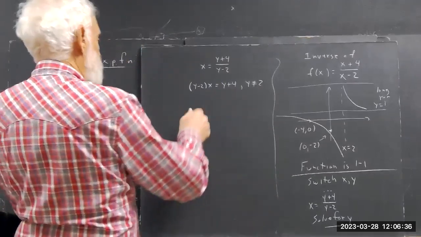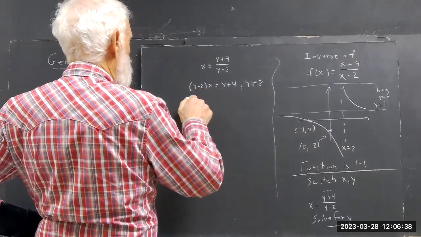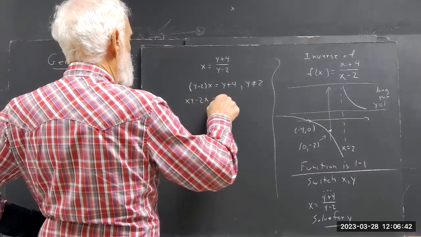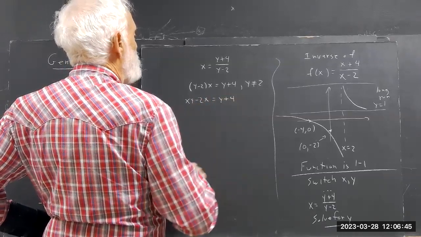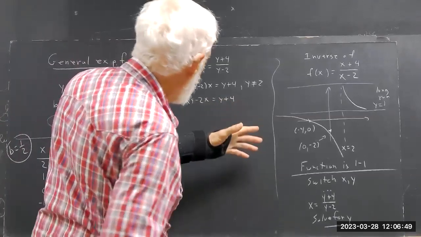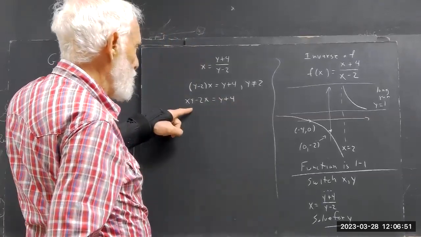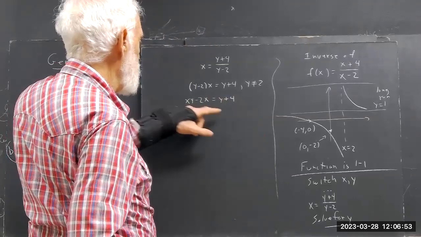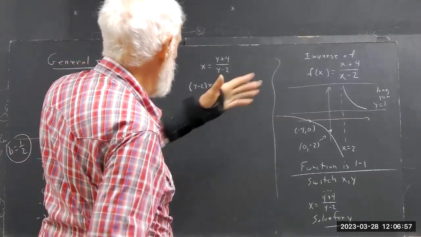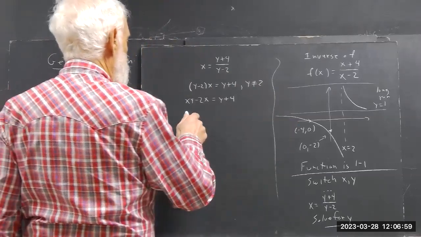So we're going to have to use a distributive law. And now we still got an x mixed up with y, but let's get all our y's onto this side and all of our x's that we can onto the other side. And we get